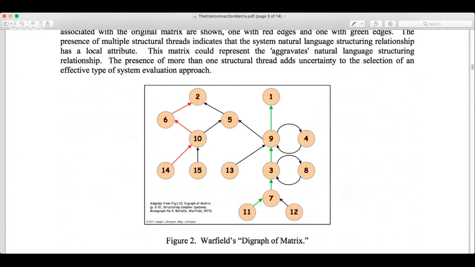We have one here in red or orange. It goes from 14 to 10 to 6 to 2. That's a pathway through the graph. Another one here in green goes from 11 to 7 to 3 to 9 to 1. And of course, you can always envision other ones like 12, 7, 3, 9, 5, 2. So there are multiple structural pathways through this graphic,